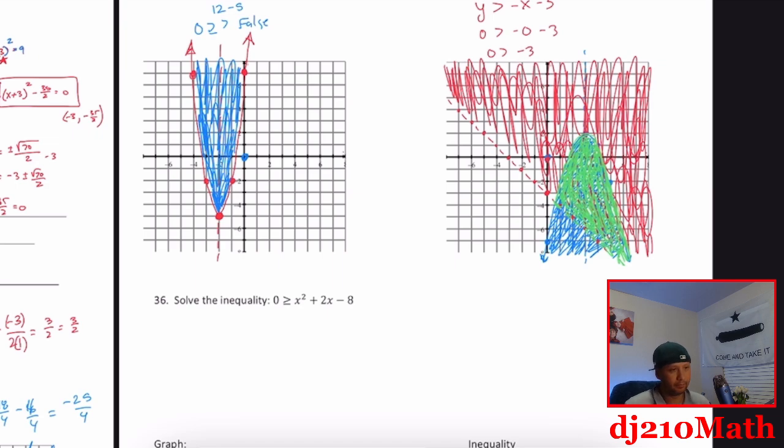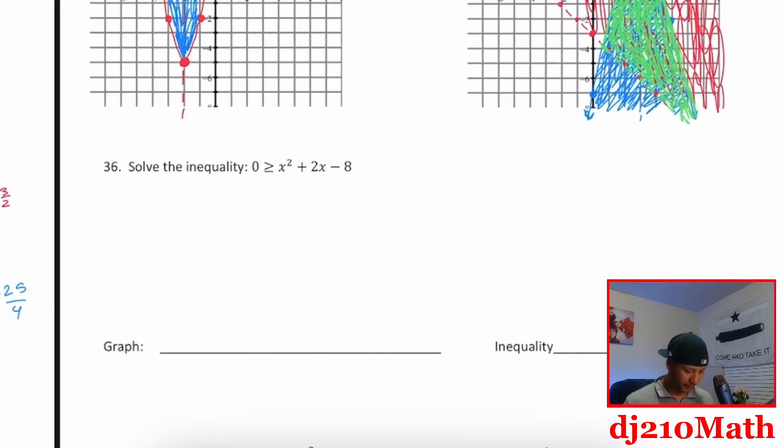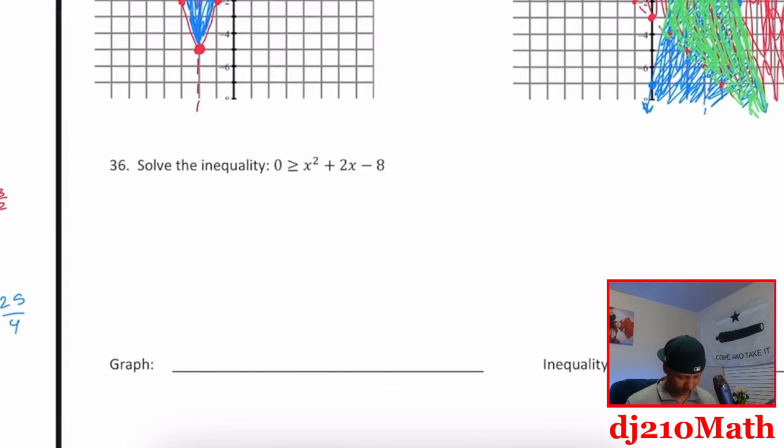There it is. That's the solution. Okay. Solve the inequality. All right, this is basically what we just did, except without the graph. Without an actual graph, we are going to just make a number line. All right, so